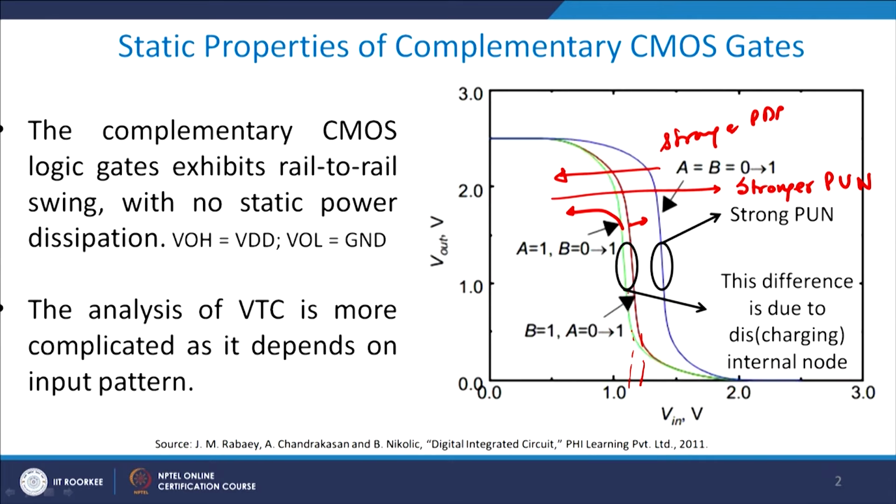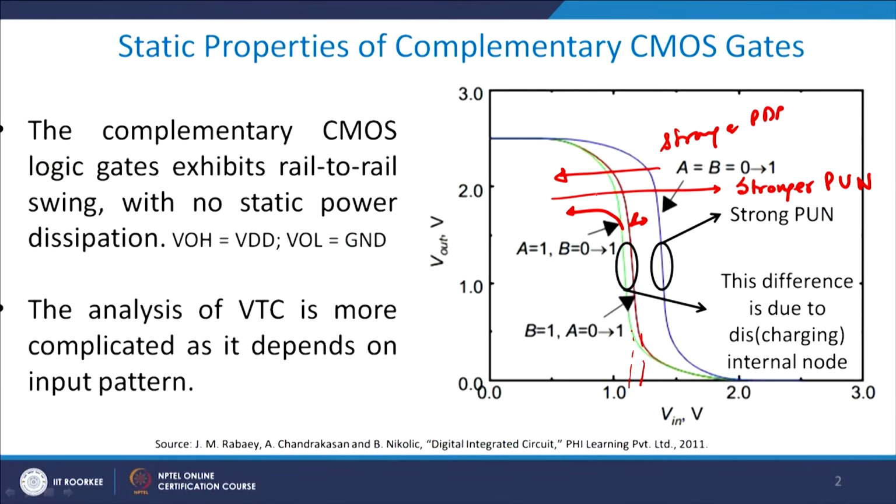So, though this difference is very small, please understand this basic issue: due to threshold voltage changes, you actually see a small shift. Why? Because when the threshold voltage of NMOS is larger, it takes a larger gate voltage to switch it on, and therefore the pull down network gets slightly weakened. As it gets weakened, it moves to the right, and that is the reason this is to the right of the first case.